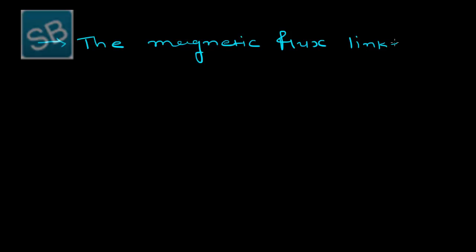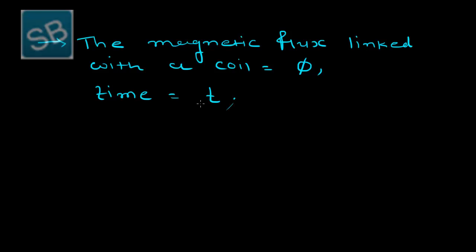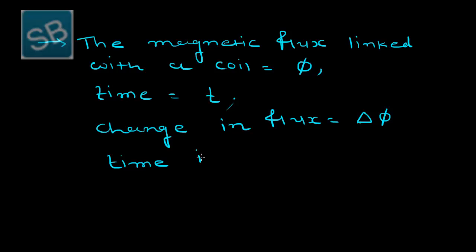So here I am assuming that the magnetic flux linked with a coil is equal to phi. Here the time interval is T. The change in flux is delta phi, and this change has taken place in the time interval delta t. So, with these two conditions, I can state Faraday's law as